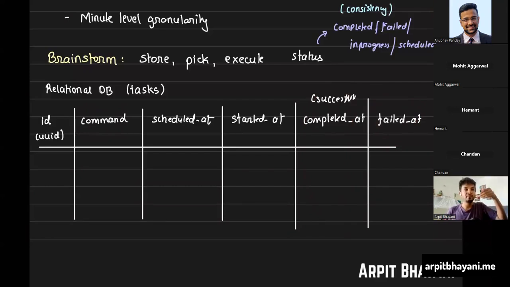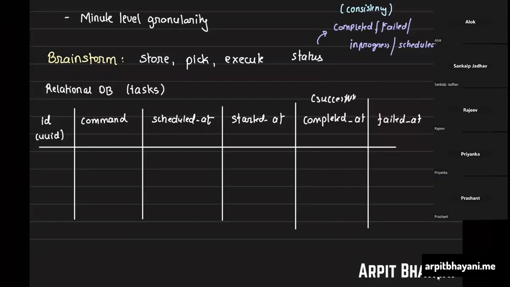For example, when there was an abrupt ending, don't think of just your task failing as equal to your machine crashing. It could also be because of an exception, any runtime exception that crashed the process or crashed the corresponding thread. In that case you typically see failure times to be very short as compared to successful times. So if a task is successful, it might take 1 hour to complete, but if it fails, it might fail in 2 seconds. Now, you don't want these metrics to get skewed because of that. If there are a lot of failures, then the average completion time would be very small, right? You don't want that to happen.